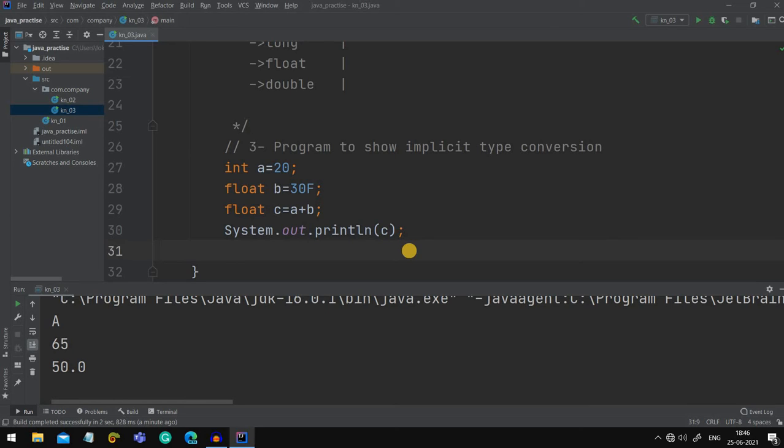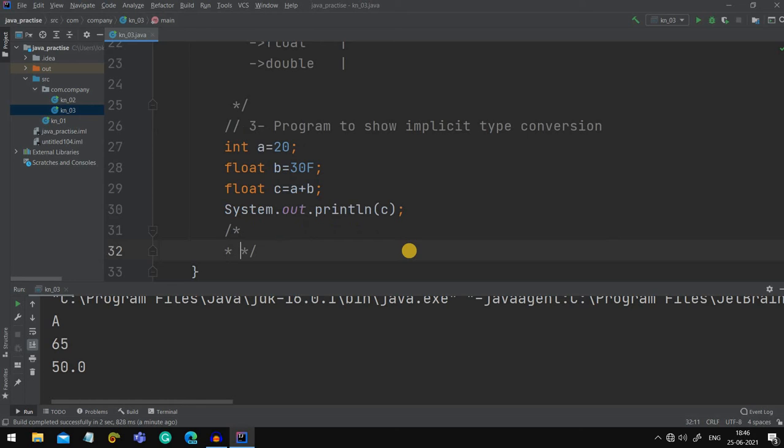Now let us discuss the second type of type conversion, that is our very own explicit type conversion, and it is also known as typecasting.